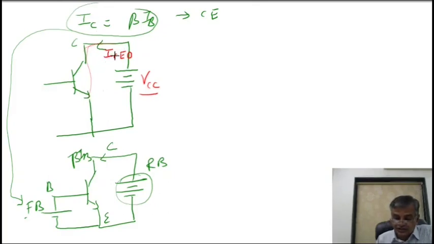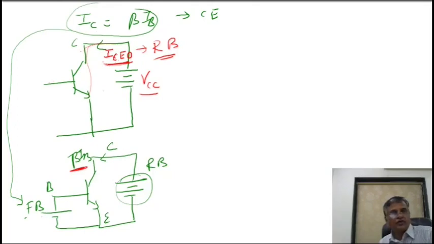So which current is this? Leakage current flowing from collector to emitter when the base is open. This current flows because you have kept the collector-base region in reverse bias, or you can say the collector region in reverse bias. So as you keep the collector reverse biased, this much current is flowing. The other current is flowing due to the forward bias. So the total current is flowing here.